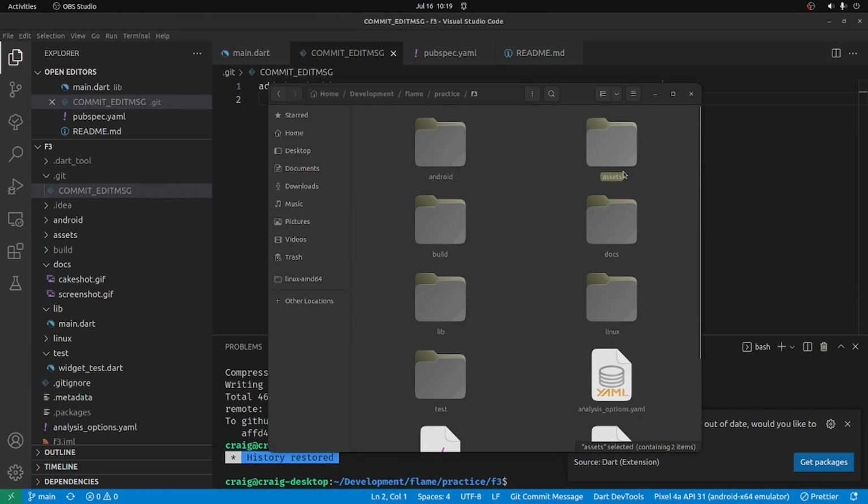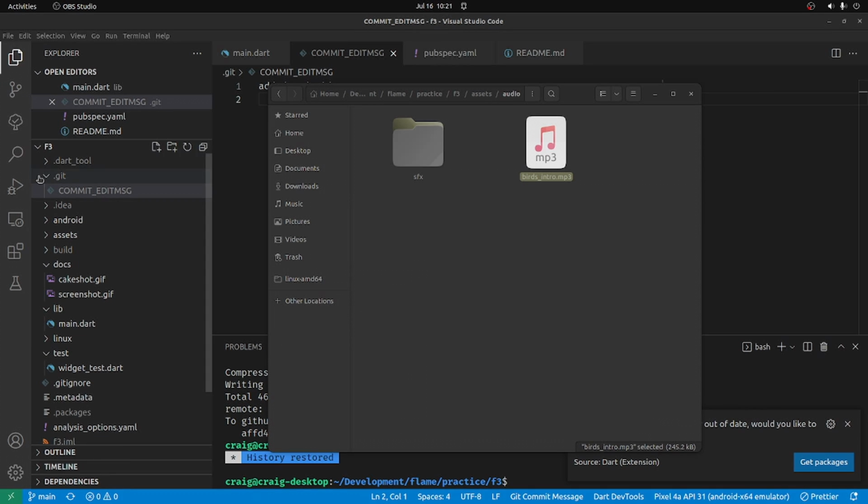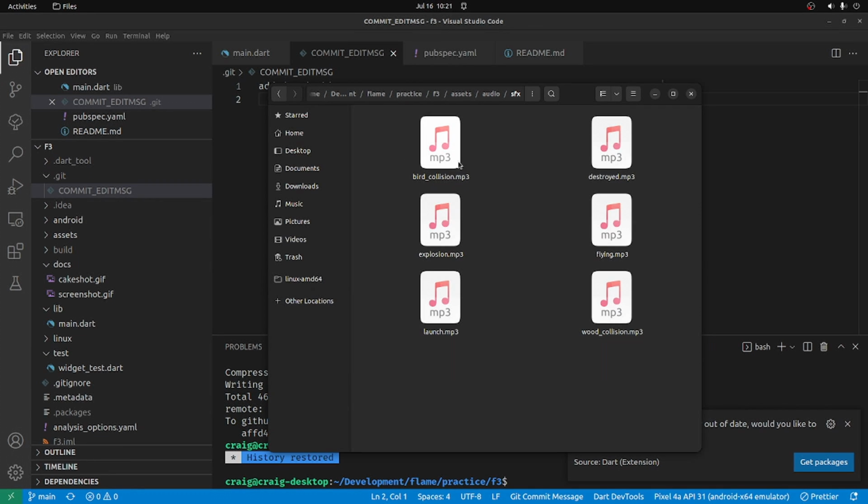So let's look at the assets I've collected for audio. In the main project, there's a subfolder assets, and within the assets folder there's another subfolder for audio. I broke it up into an SFX subfolder and some type of background music. Within the SFX folder, I've collected a number of assets for